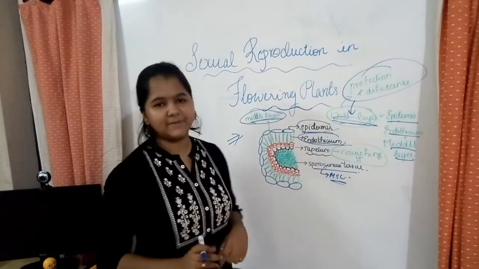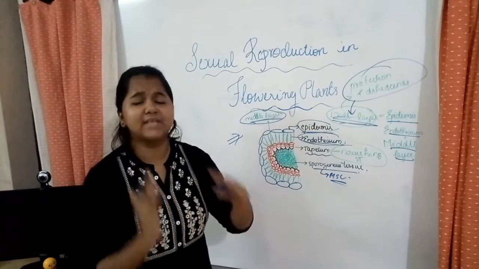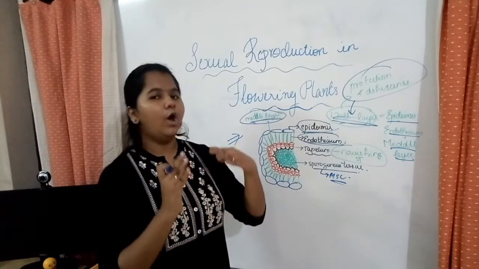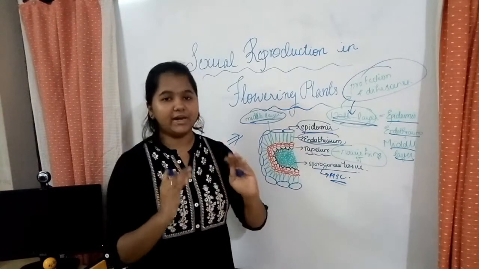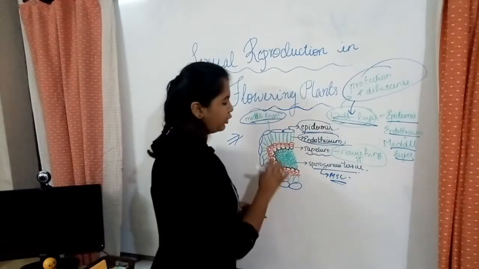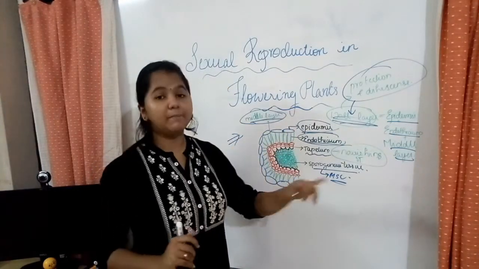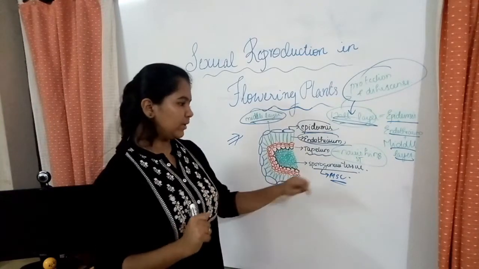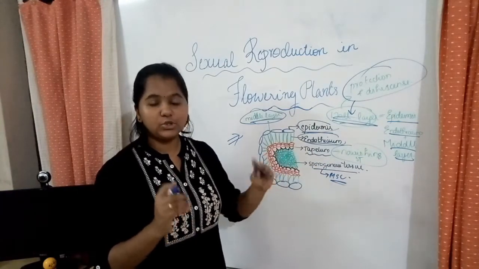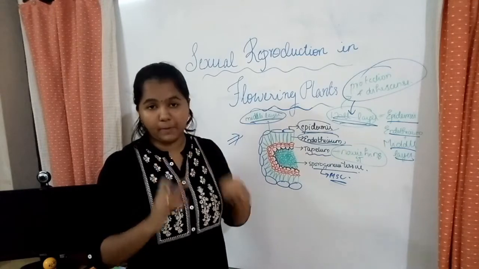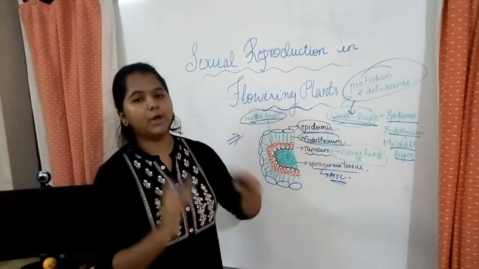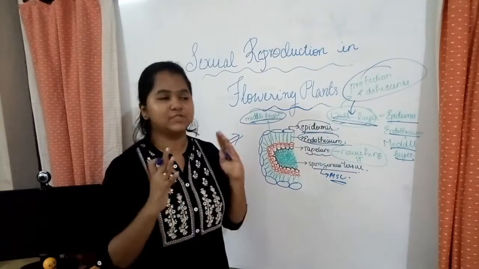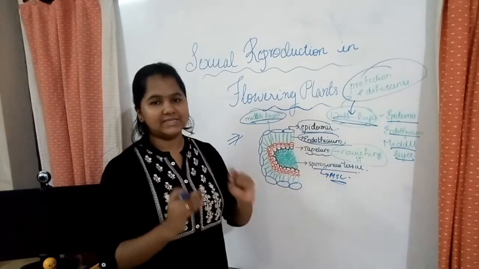And what is the role of the tapetum? I told you that the tapetum has the same role as the placenta in humans or in organisms. So the tapetum plays a nourishing role for the sporogenous tissues where the mother spore cell is. These sporogenous tissues should be nourished. If there is no proper nourishment, the formation of spores will not happen. So for the proper formation and development of a spore, the tapetum plays its role.